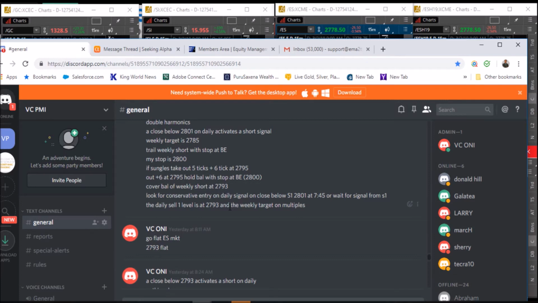I give you an indication to once again look for a conservative entry on the daily signal on close below. There are 2 entry points. The opening is the aggressive and the close is the conservative. And for you guys that have been trading this a little bit, now you can begin to understand that not only do you have 3 stops to protect your position, but you also have an aggressive entry point and a conservative